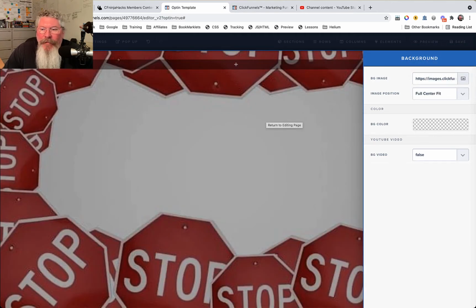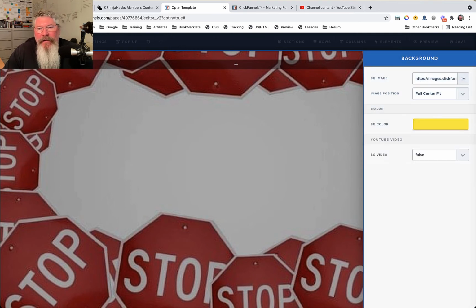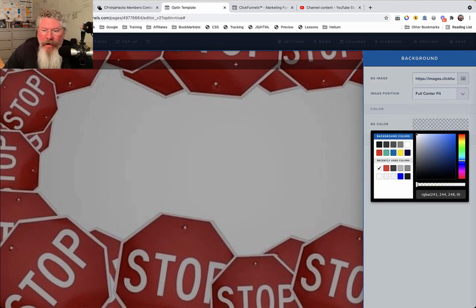But now you can also set a background color, and let's set this to yellow. And you're going to see right now I set the background color to yellow. Now where I had it before, I had it transparent. And that's generally speaking where I will keep it most of the time, but I'm going to show you cases where you wouldn't want to do that because, like I said, we're going to set this to yellow,